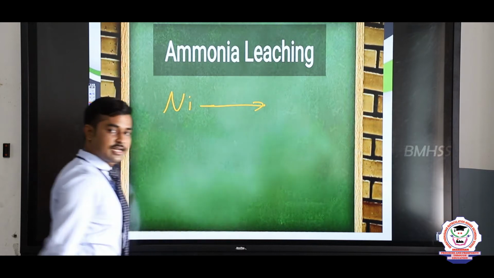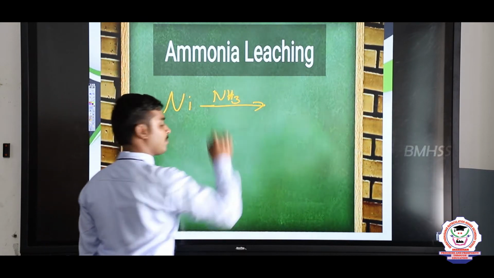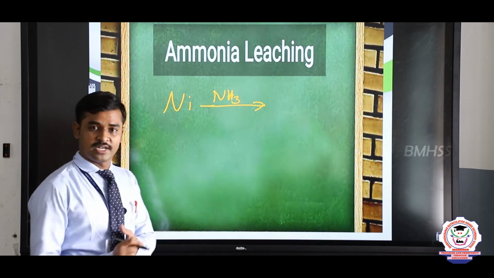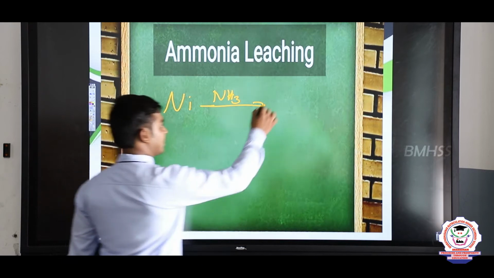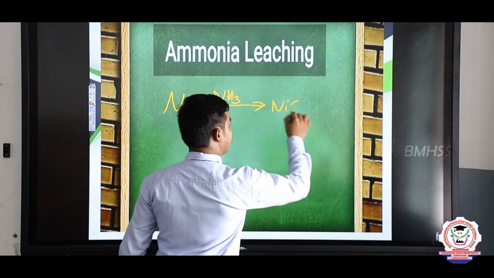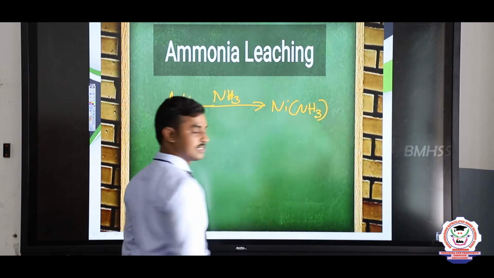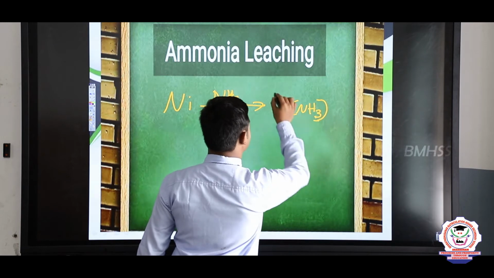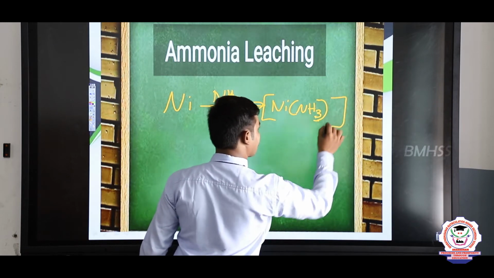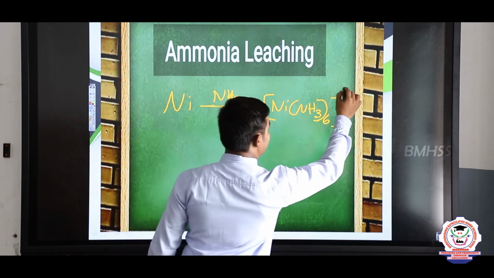At first nickel reacts with the ammonia solution to form a coordinated complex. You know about the coordinated complex? That includes metal and the ligand. Here the metal ion is nickel and the ligand is ammonia, NH3. It is amine. So here 6 numbers of ammonia and 1 nickel form the complex